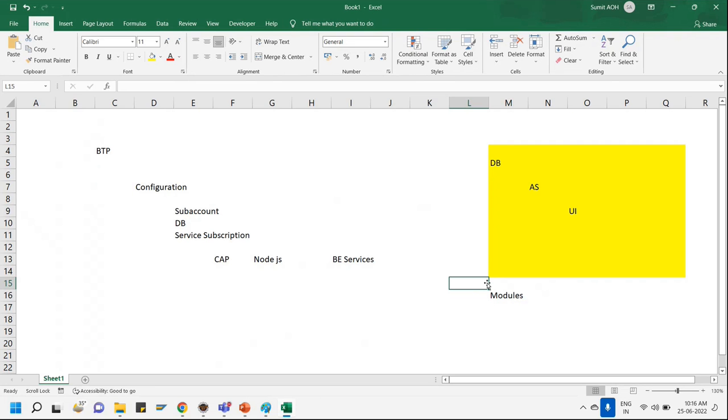Because we all know a person alone cannot do anything, or I can say a person alone can do something, but to a certain extent. For him to grow, we need to build a network. Same way, for an application to work in a versatile way, for it to be connected, we need some sort of openness. So all these properties which I'm writing over here have something to do with the BTP architecture. So openness being one of the things.